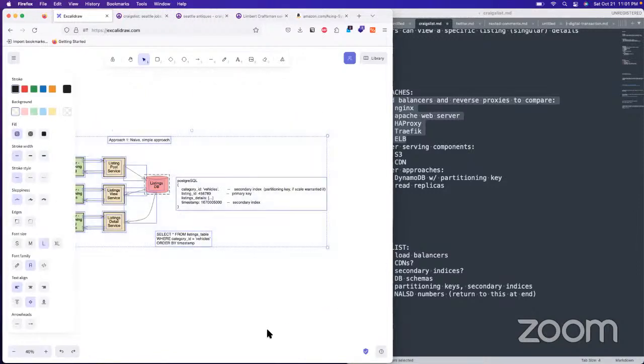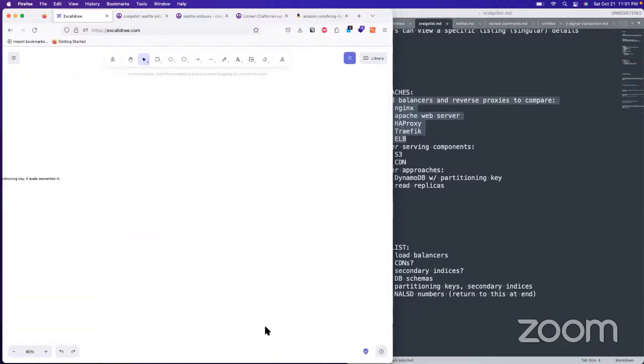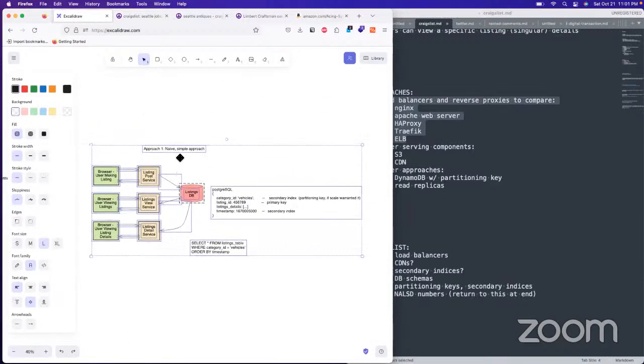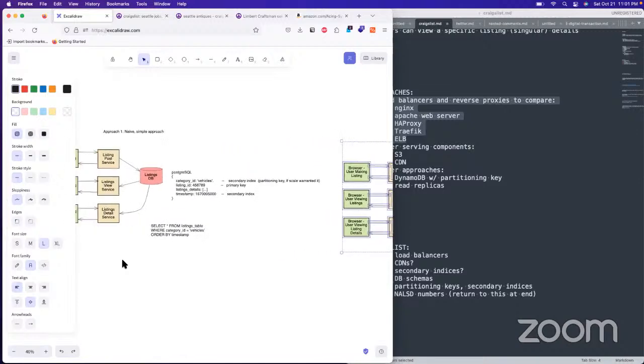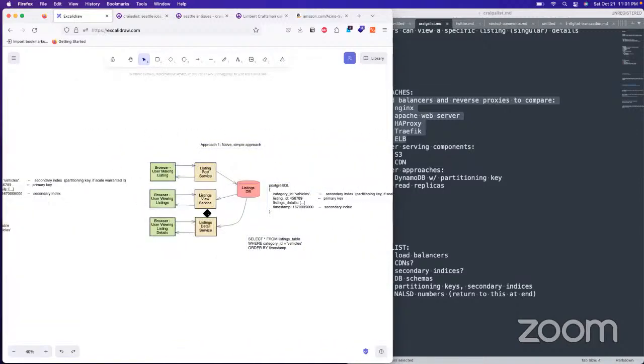So we're going to go ahead and copy paste this whole thing over. So we're going to do the really fancy proxy load balancer trick. So we've got